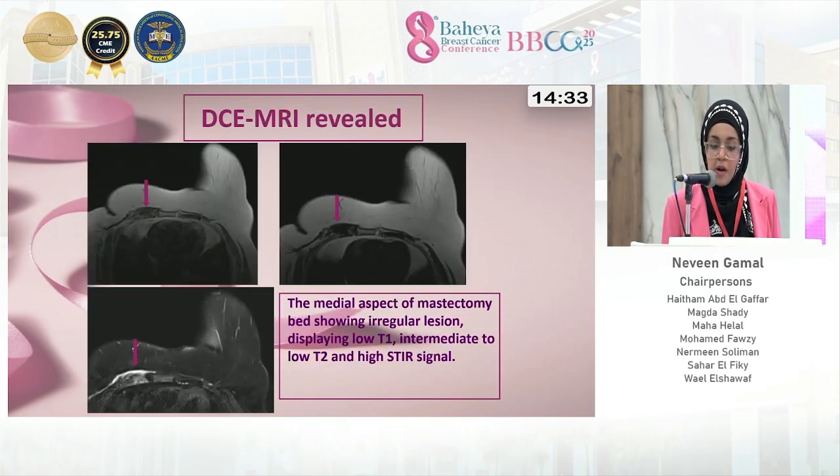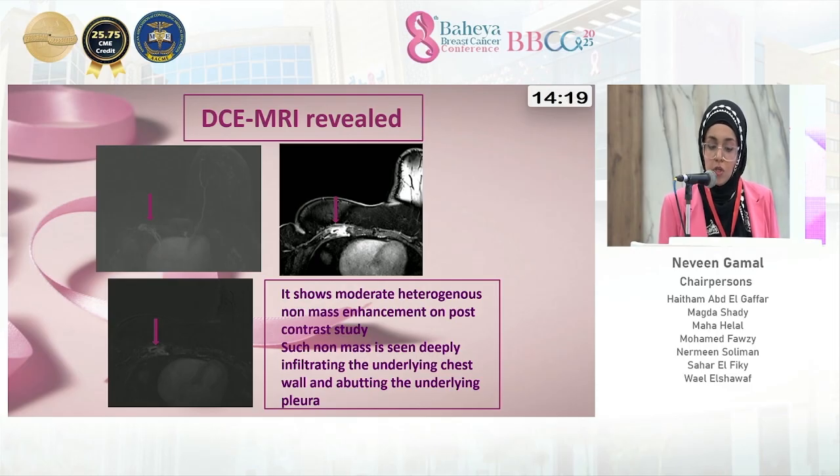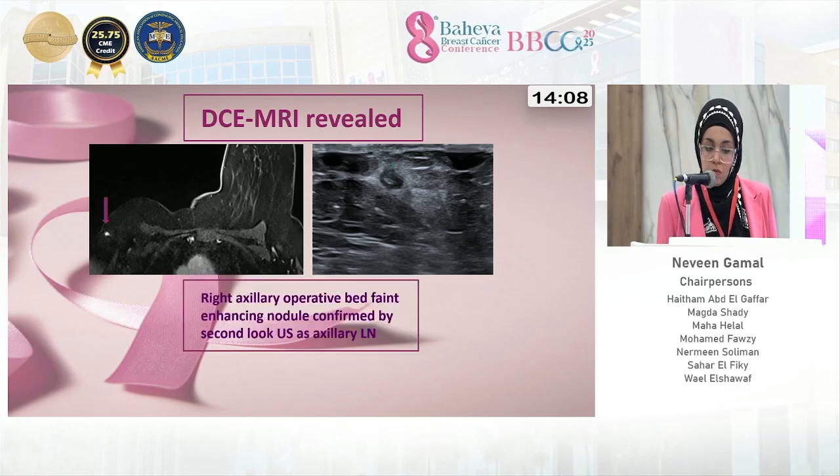We proceeded with MRI, and the MRI revealed the medial aspect of the mastectomy bed showing an irregular lesion displaying low T1, intermediate to low T2, and a high STIR signal. On post-contrast series, it shows moderate heterogeneous non-mass enhancement. Such non-mass enhancement is seen deeply infiltrating the underlying chest wall and abutting the underlying pleura. We also have a right axillary operative bed faint enhancing nodule confirmed by second look ultrasound as an axillary lymph